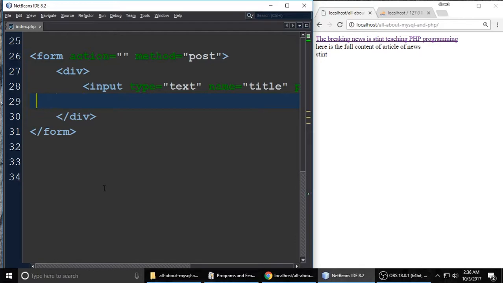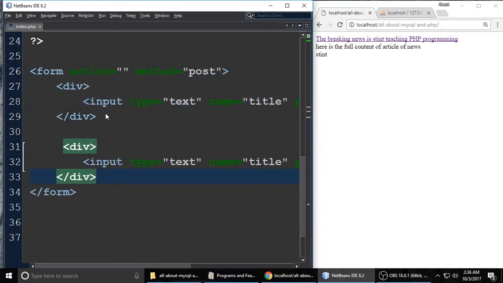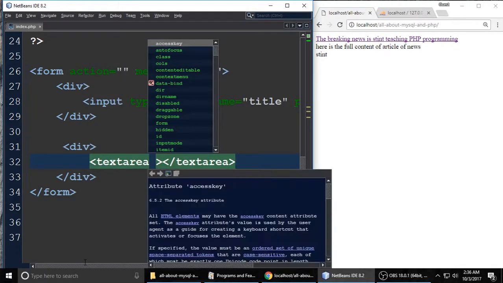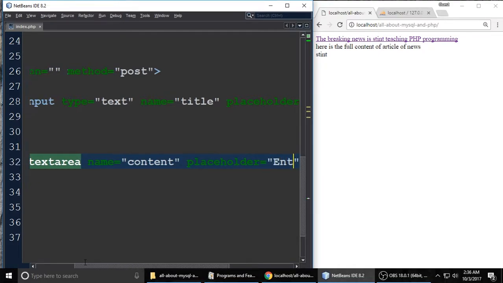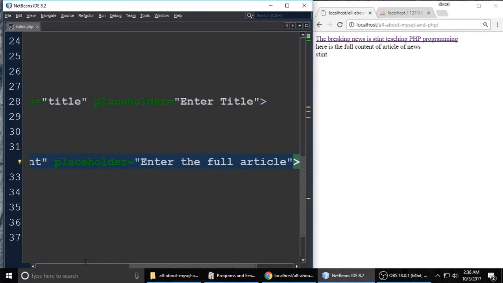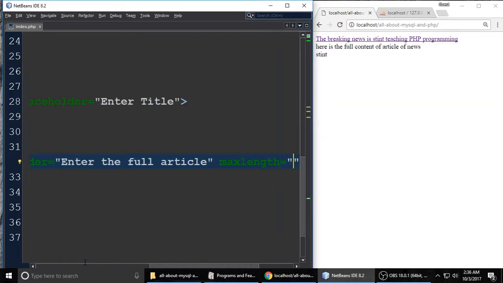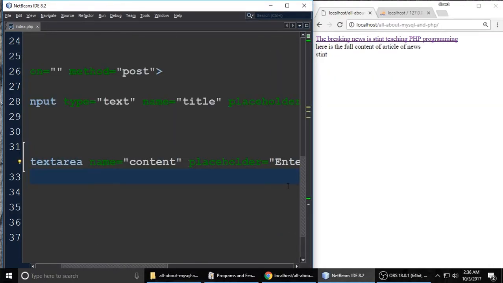Simply copy this and paste it here, and just remove, and just use a text area for content, and the placeholder is enter the full article here, and max length is 300, and the